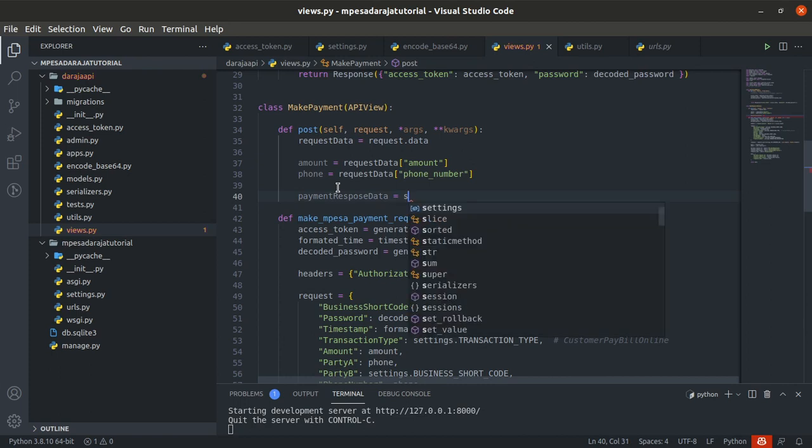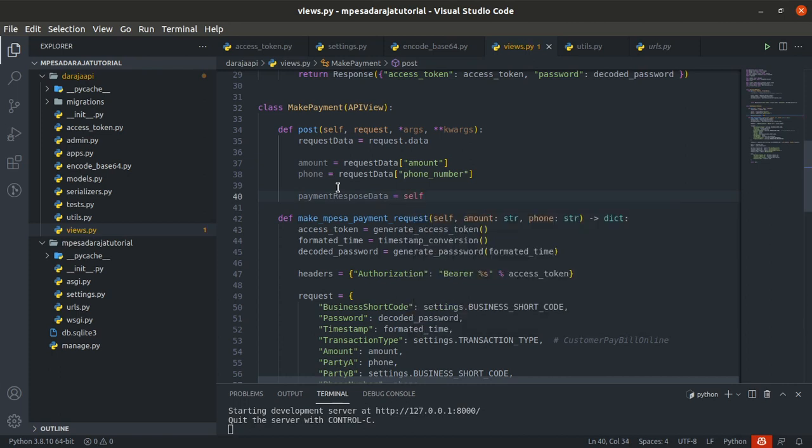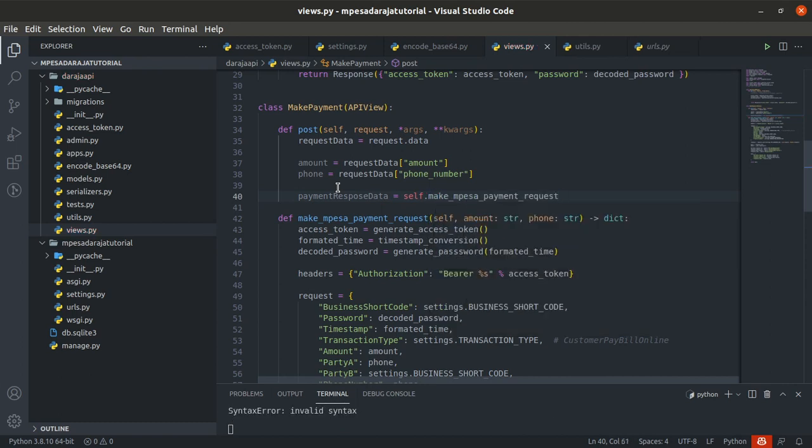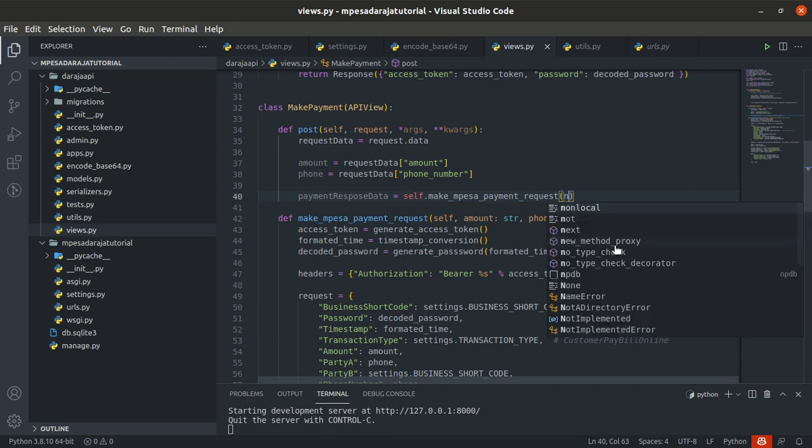Payment response by self is within the class, so I'm using self.make payment response. It first requires amount as a parameter. Amount,